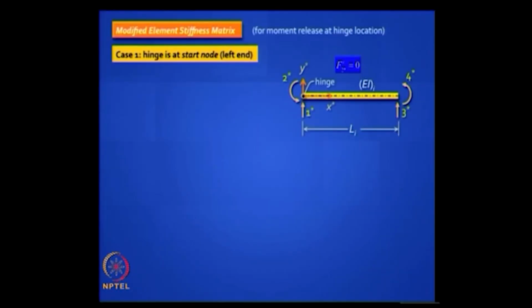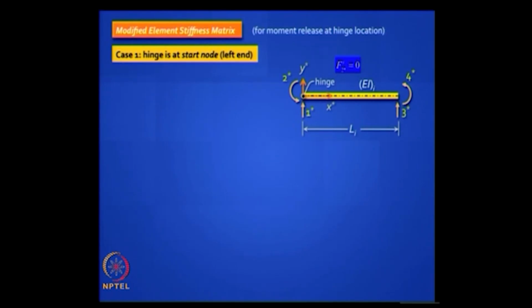So let us take the first one where you have one hinge at the start node which is at the left end, okay. We are not reducing the number of degrees of freedom in that element level. You have 1 star, 2 star, 3 star, 4 star as we had earlier. If you were to allow a moment release at 2 star, that means F2 star is permanently 0,